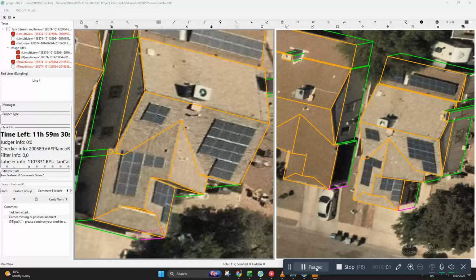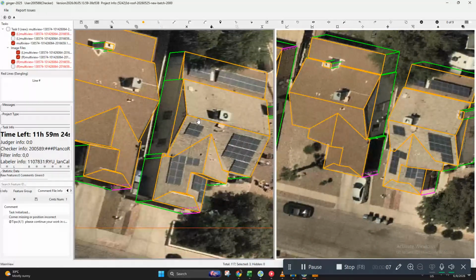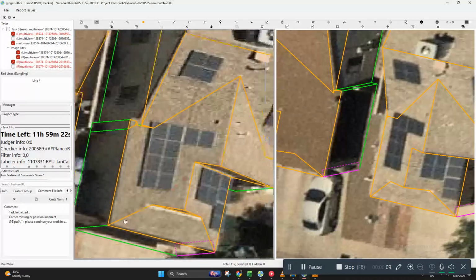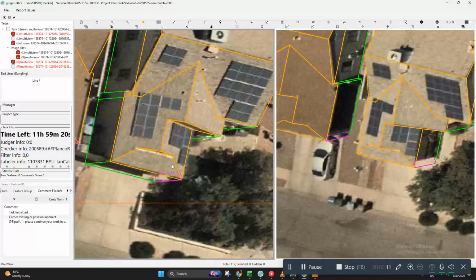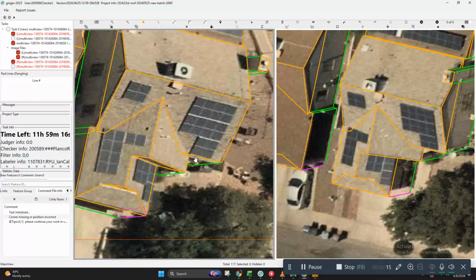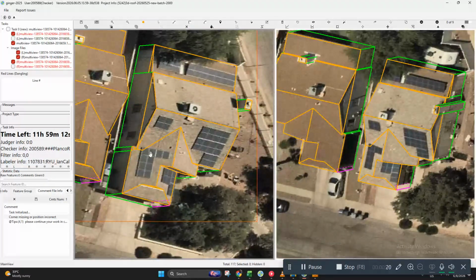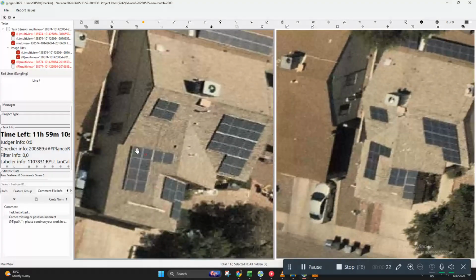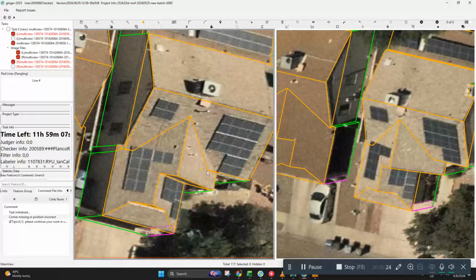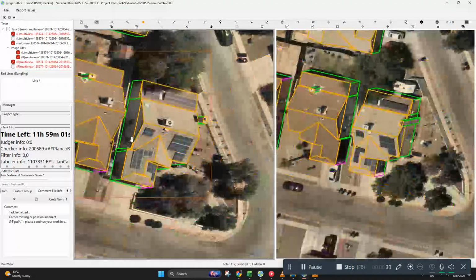Hey, good day, guys. So for today, we have another fix. For this building, it actually looks quite simple, but we have a complicated area here, and also for this one and this one. So actually, this is kind of tricky to fix. Why? Because they have different heights here and here. So if you try to draw this as one building only, you won't be able to fix this one.